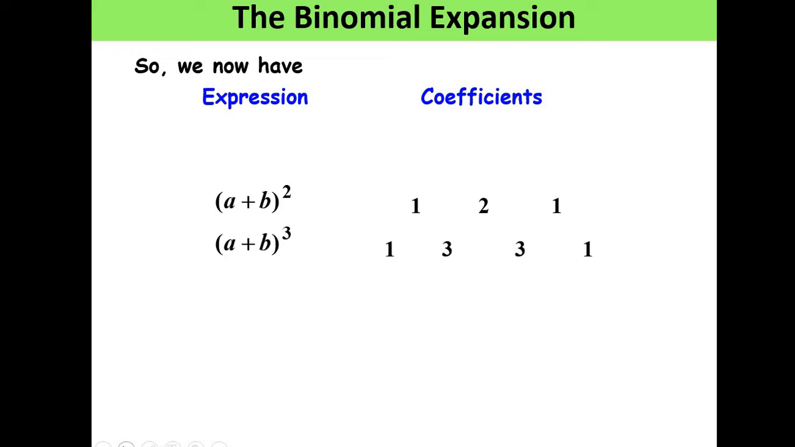When we're cubing, we got 1, 3, 3, 1. When we're expanding to the power of 4, we got 1, 4, 6, 4, 1. Well, we could go backwards actually and look at a plus b to the power of 1. Well, that's just a plus b, isn't it? Which is a 1 and a 1 as a coefficient. And a plus b to the power of 0, everyone forgets, to the power of 0 is 1, isn't it,